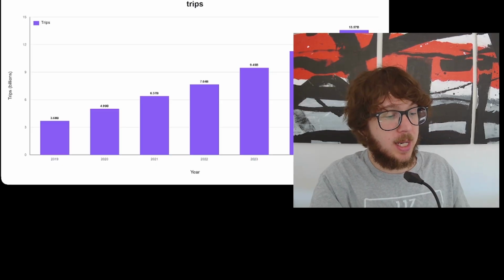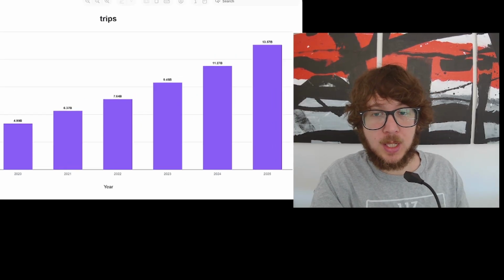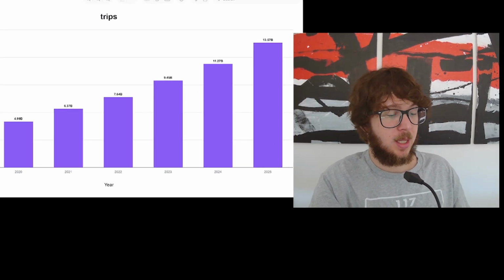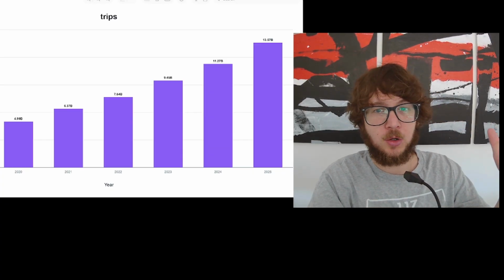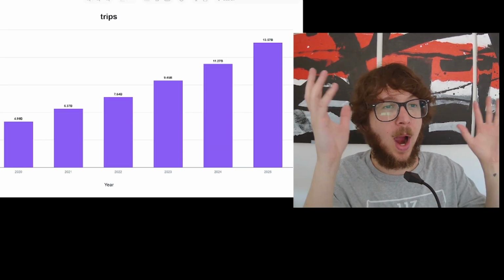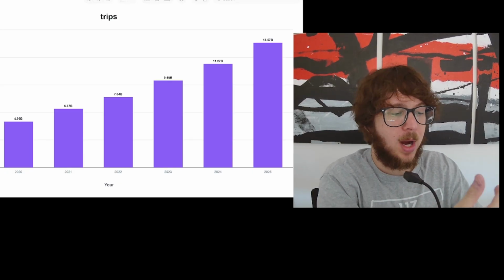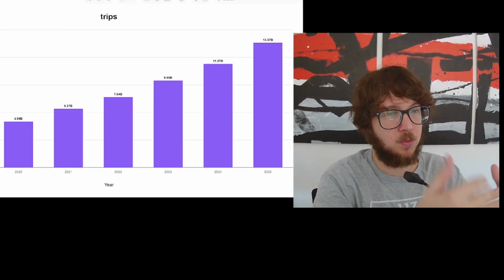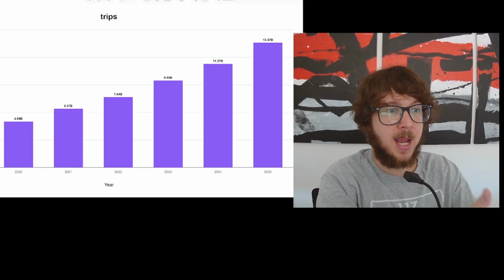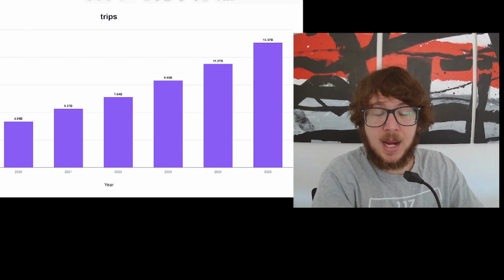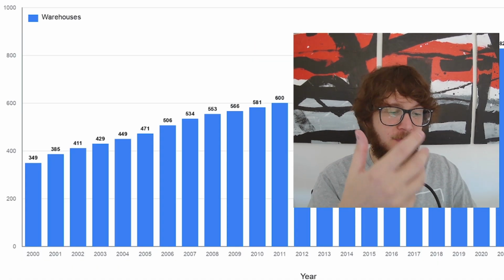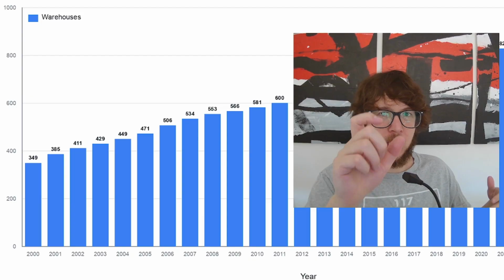Another example here is Uber Trips, and I'll move this so you can see it a bit. I believe this covers the rides and delivery. So it's not just 13 billion rides, but it's quite a lot of trips. If you want to know how a company is doing, if it's predictable, if it's growing year after year, so that you can make an investment and put your family's wealth into it, it's really good to know this kind of information. So as I said, it could be quite difficult to do this and automate with simple keyword searches and regex